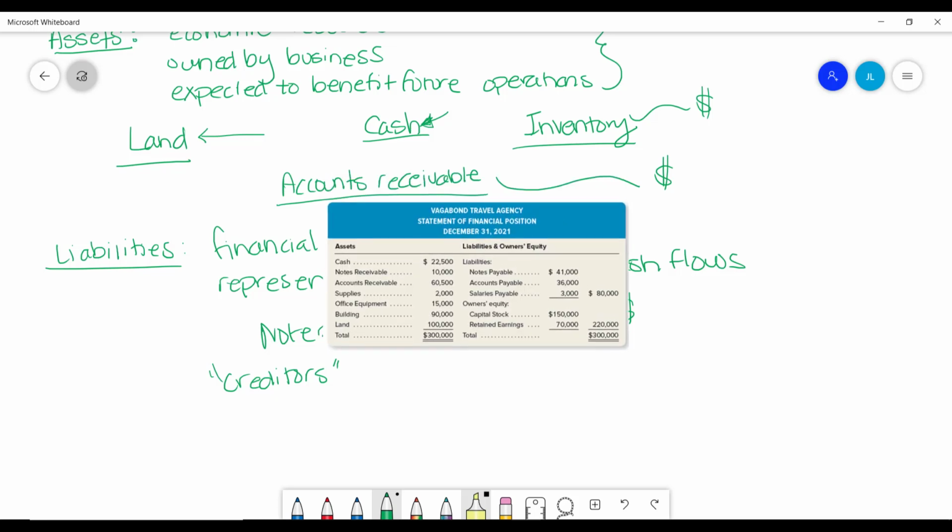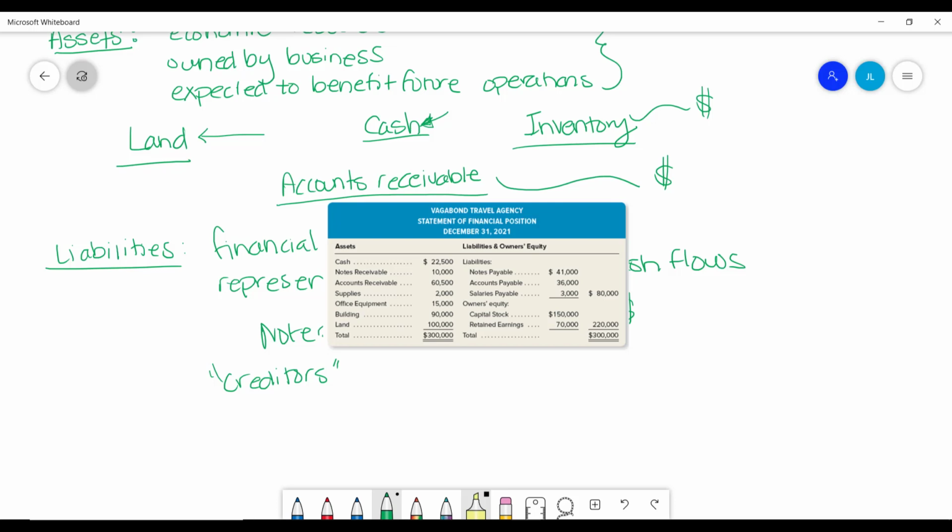So for example, our accounts payable in this case, so this screenshot probably isn't the best example because it doesn't look like they did the best job of listing it in order of liquidity, but that's a good thing, so I can actually point that out to all of you. Usually salaries or accounts payable, those are the kinds of liabilities that for most companies are going to become due or need to be repaid before something like a notes payable needs to be repaid.